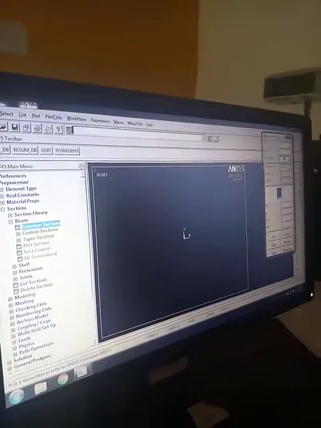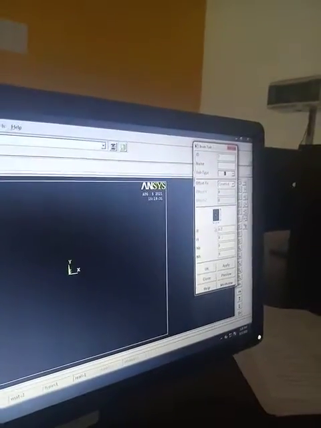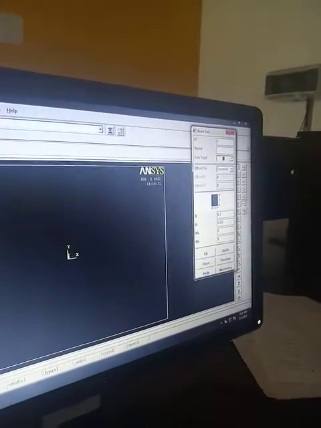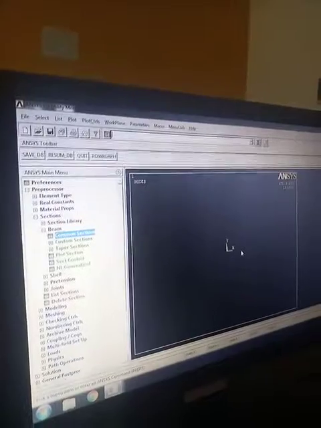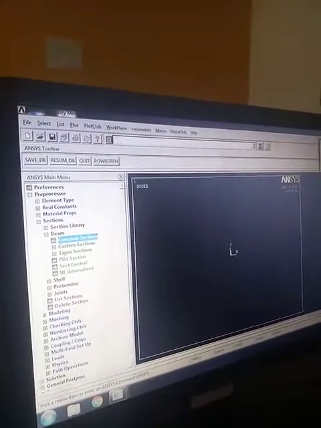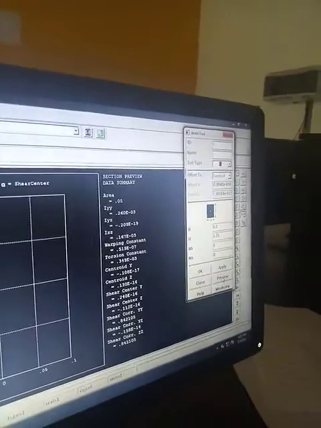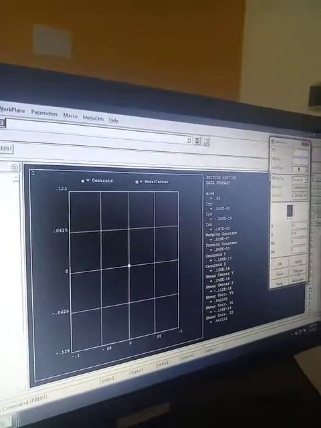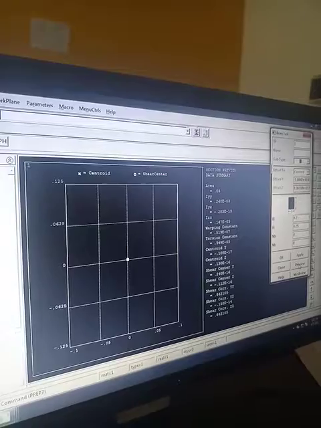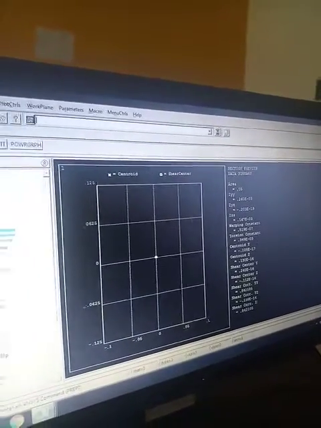You have B and H value. The B value which is given in the question is 0.2 and the H value which is given in the question is 0.25. Okay. Then click on OK. Before clicking on OK, just click on preview. So you'll get a preview of a beam. Then click OK.